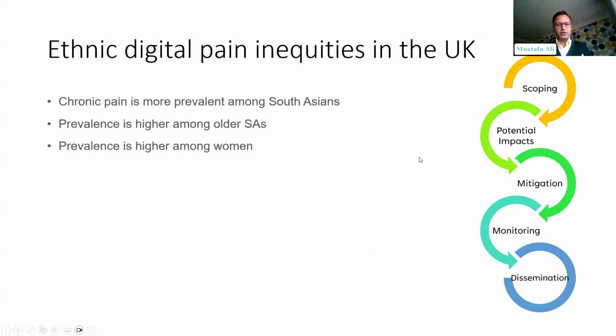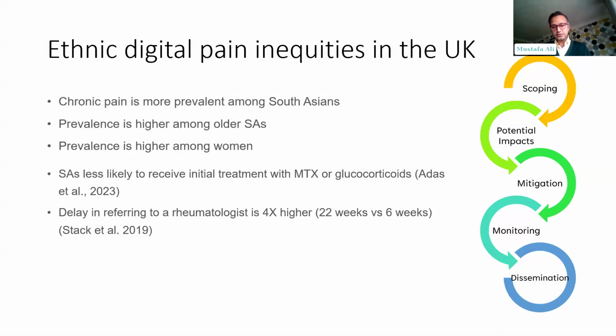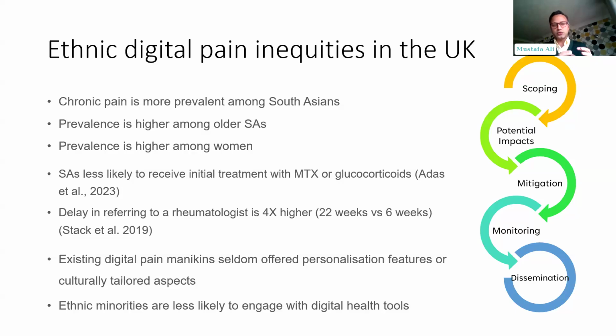So because we developed this tool as a tool that could assess pain over a longer period of time, so that it could capture pain fluctuation, we wanted to make sure that it is easy enough for people to use over a longer period of time. And what we have learned in our feasibility study, where we wanted to see whether it is easy enough for people from different backgrounds or not, that among other groups, South Asians were the group who were less engaged with the technology. That means if, for example, this tool or these kinds of tools are integrated in care pathways, they might face additional barriers. So that's the group that we identified, and we wanted to understand more about this group.